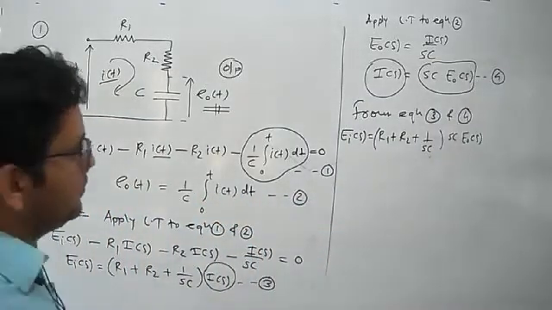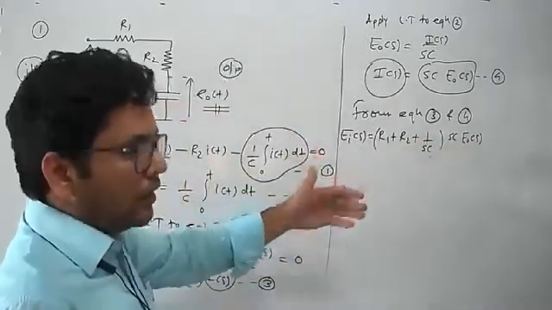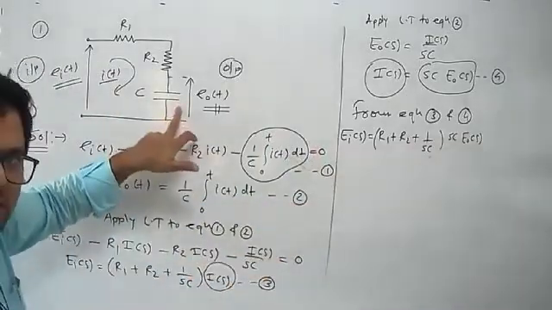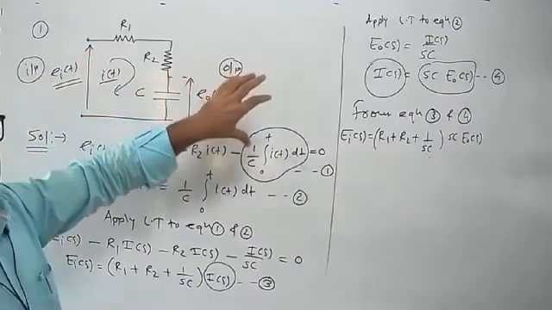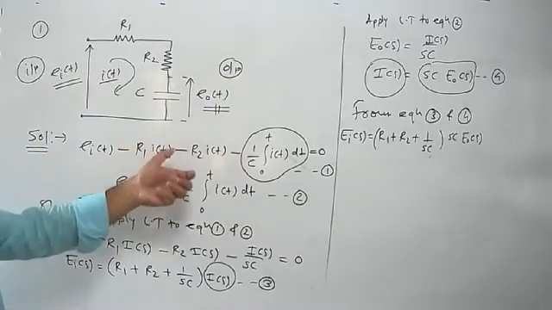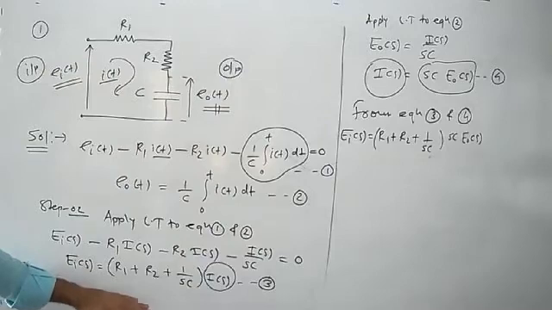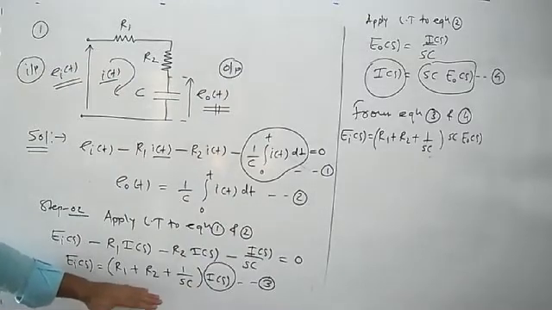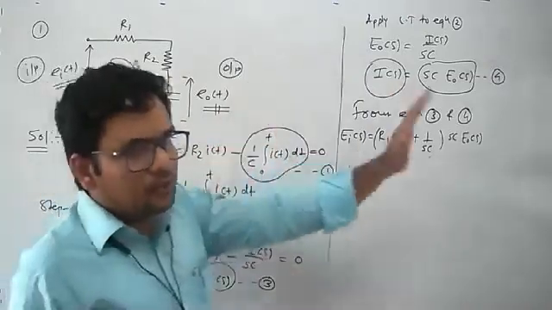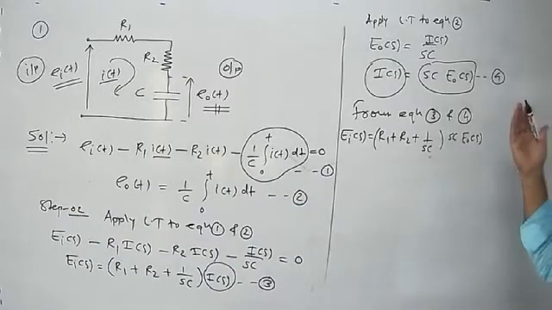Now if you rearrange the terms, ultimately we are applying step number 4, because step number 3 we skipped. Why did we skip it? Because already in the numerical it was mentioned what the input in the circuit is and what the output in the circuit is. So we applied step number 1, in which we applied the concept of Kirchhoff's voltage law to obtain the mathematical modeling in time domain. Then we applied step number 2, the concept of Laplace transform, to convert these equations from time domain to frequency domain, and then directly we are applying step number 4, where we are trying to find the ratio of output by input.